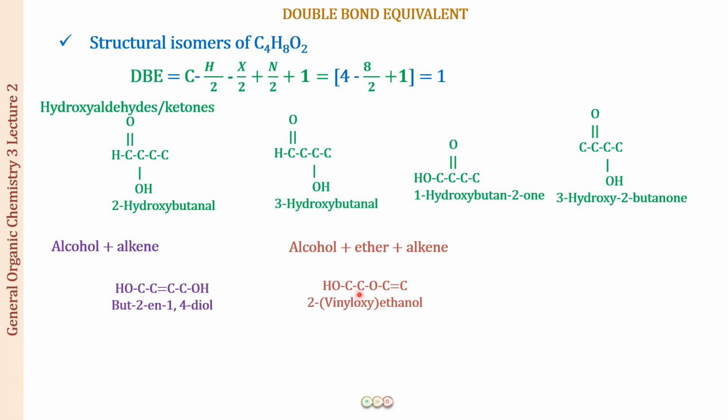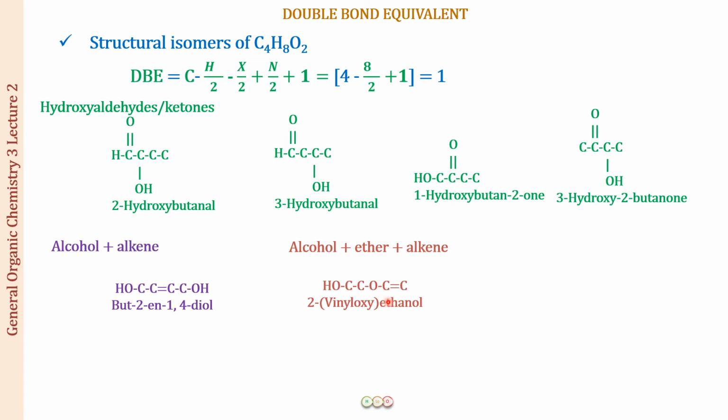So we have a 2 carbon alcohol, so that is going to be ethanol, and then we have an alkoxy group, right? So what is this alkoxy group? You can see that this is a carbon bonded to carbon by a double bond, so this is a vinyl group which has an oxygen attached to it, so this is vinyloxy. So this is 2-vinyloxy because this is carbon number 1, carbon number 2. At carbon number 2, we have the ether attached as a substituent, right? So this is 2-vinyloxyethanol.